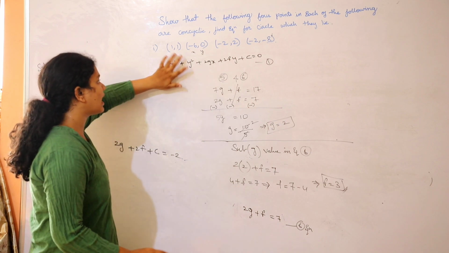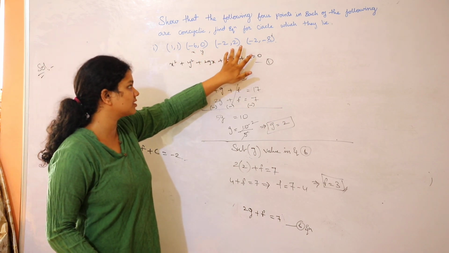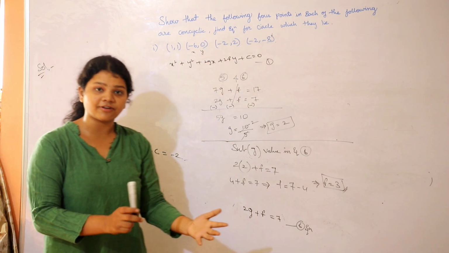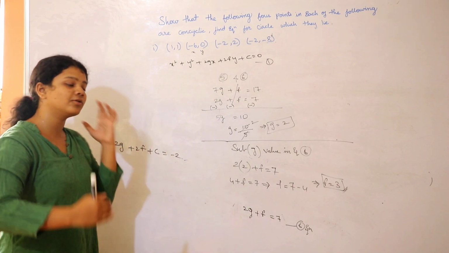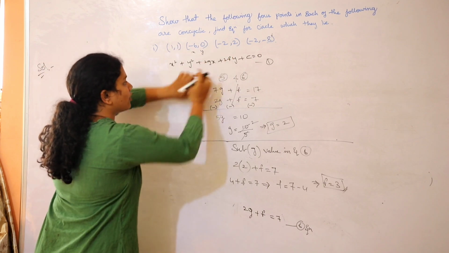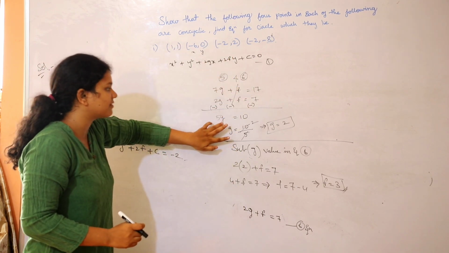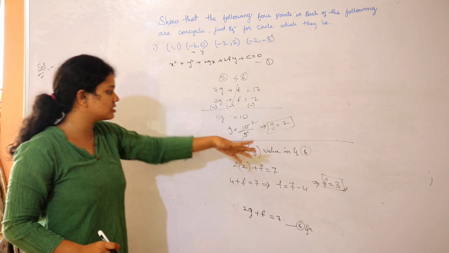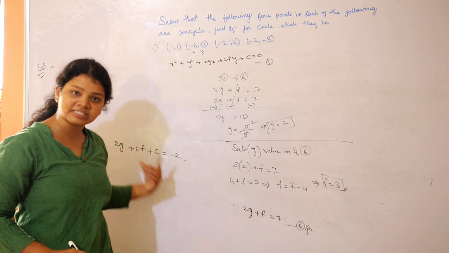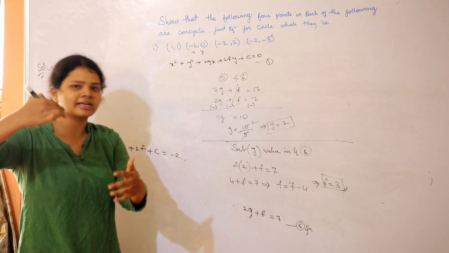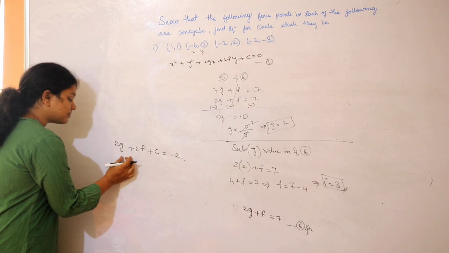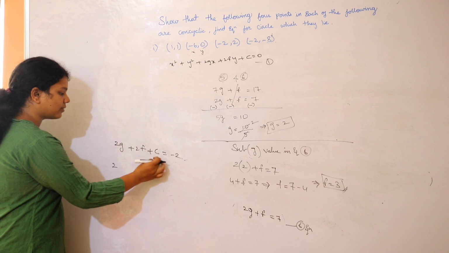So this is first equation, second equation, third equation. From these 3 equations, I tried to find out G and F values. From these two equations I got the 5th equation, from these two equations I got the 6th equation, from the 5th and 6th equations I found the G value. And from the G value I found the F value, and from the F and G values I am going to find out the C value. Math is always linking one process to another. So let's substitute G and F in the second equation to find out the C value.